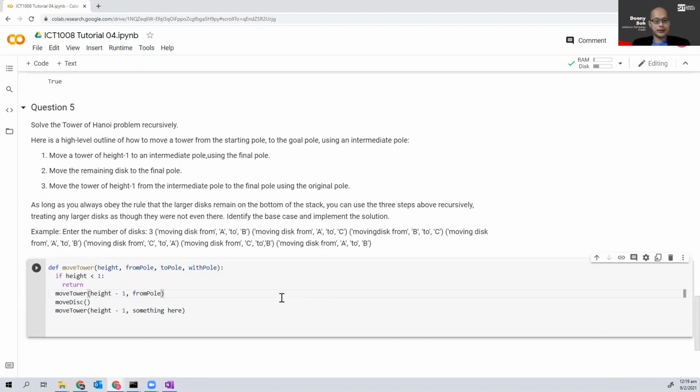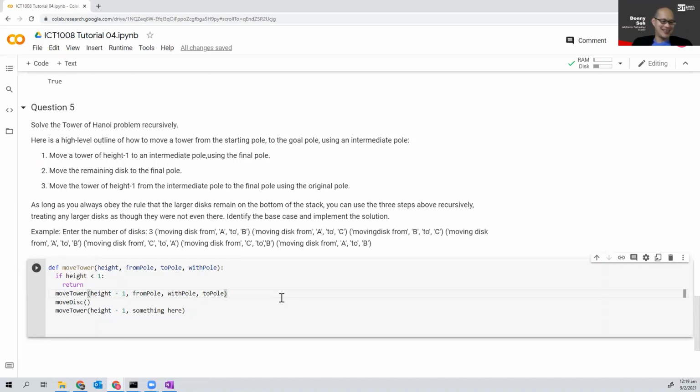So I have 3 disks. I will have to move my disk from my from pole to my intermediate pole. Because I want to move my disk, I need to move it to my intermediate pole. So my target pole is actually my intermediate pole, and my intermediate pole becomes my target pole. So I need to move my disk from my original pole to the intermediate pole using my